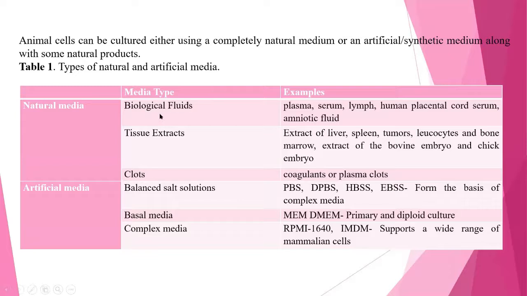So initially when people started growing cells externally, that is in a laboratory condition, they did not have all these ready-made media which is available now. So they all started with using biological fluids. So fluids such as the plasma from a chicken blood or a serum from a fetal bovine. So from that they would have extracted the serum from the blood and they would have used it for